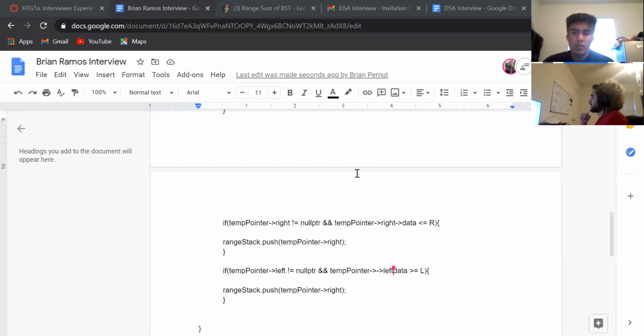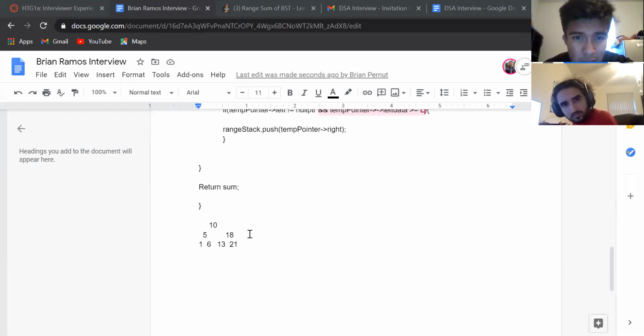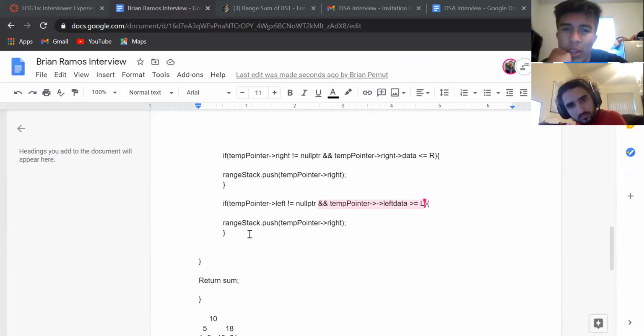All right, so now I realize that since 18 is not in the range, I cannot get to 13 because I push it right here. So I think that I will have to go through 18 regardless. And this condition is not the right way to go about this. Okay, so yeah, I was looking at that too. I was thinking about how if you go from 10 to 18, now you have to check the left subnode of 18. So I think a better way would be to